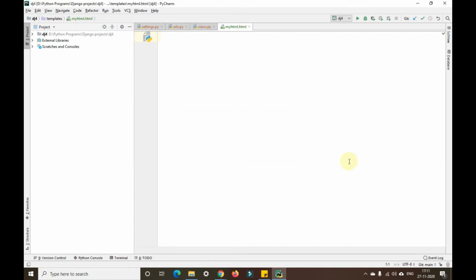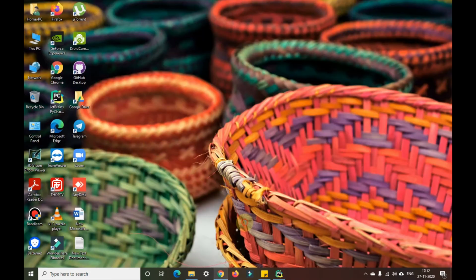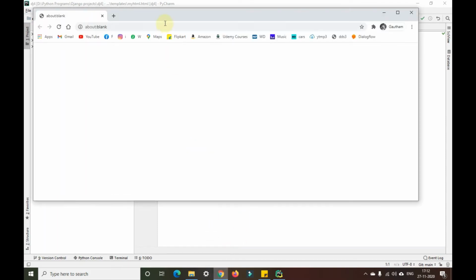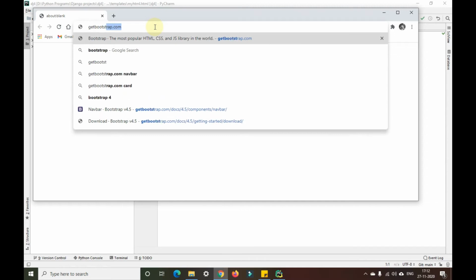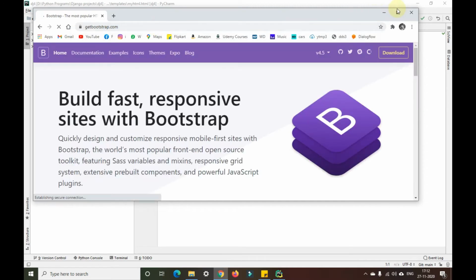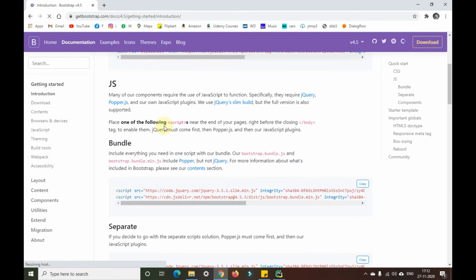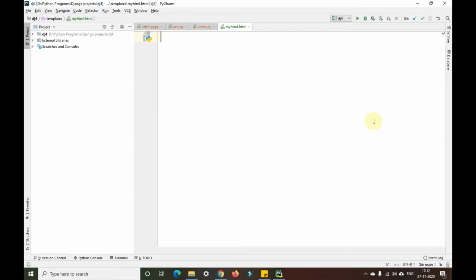You can find all the code that is being done here in my GitHub profile, guys. If you need any assistance, you can find it there. Now I'll copy the starter template from Get Bootstrap. Go into the documentation section, and copy the starter template here.